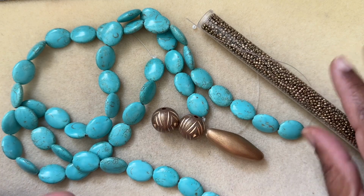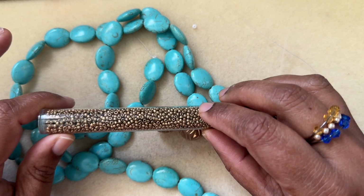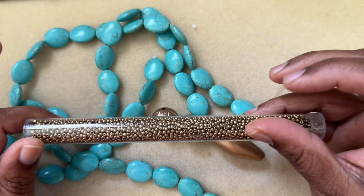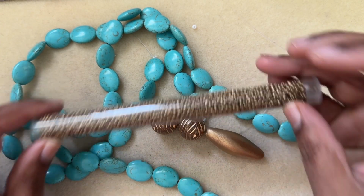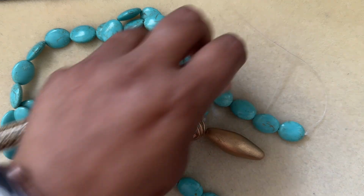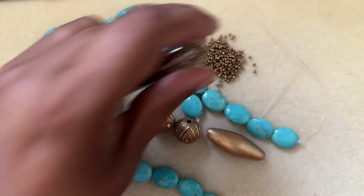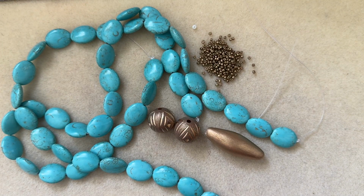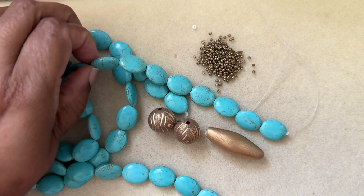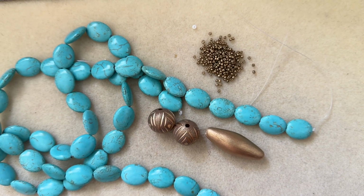I picked up these three beads, and I also picked up 11 seed beads from my stash. This is not a branded one, but you can see how matte it is. I really like that. I don't like the bright ones, so I'm just going to dump some on my mat for me to use. And then I am actually going to open up these